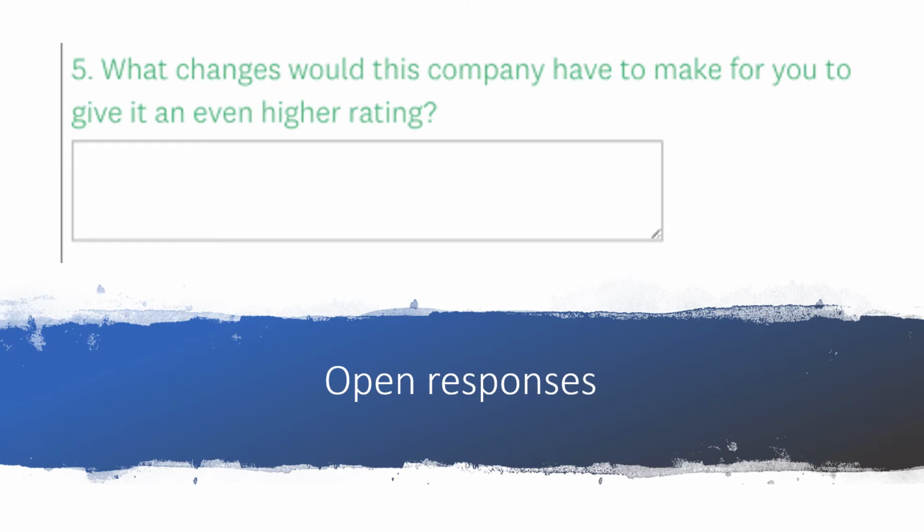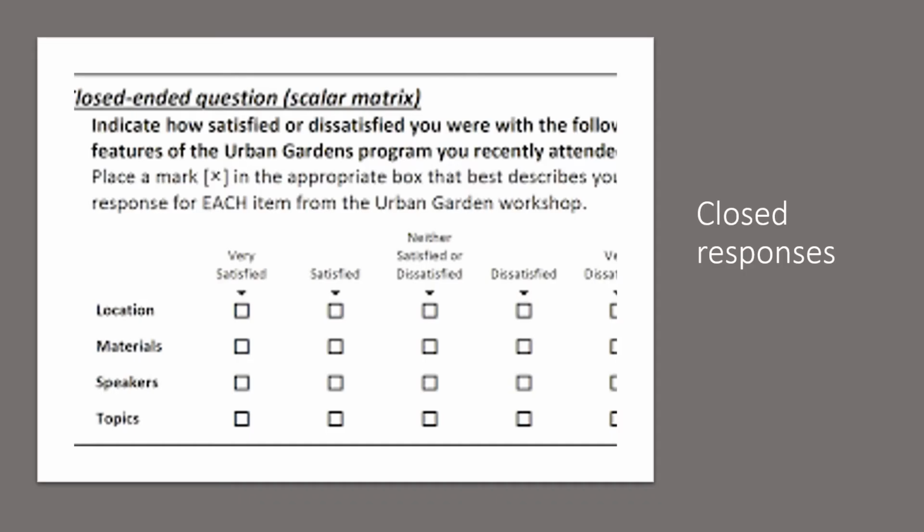However, the first kind of response category that you can have in your survey is open responses, where respondents are asked to provide answers using their own words. They can offer any information or express any opinion they wish, although the amount of space provided for an answer will generally limit the response. The data provided can be rich and candid, but can also be difficult to code and analyze.